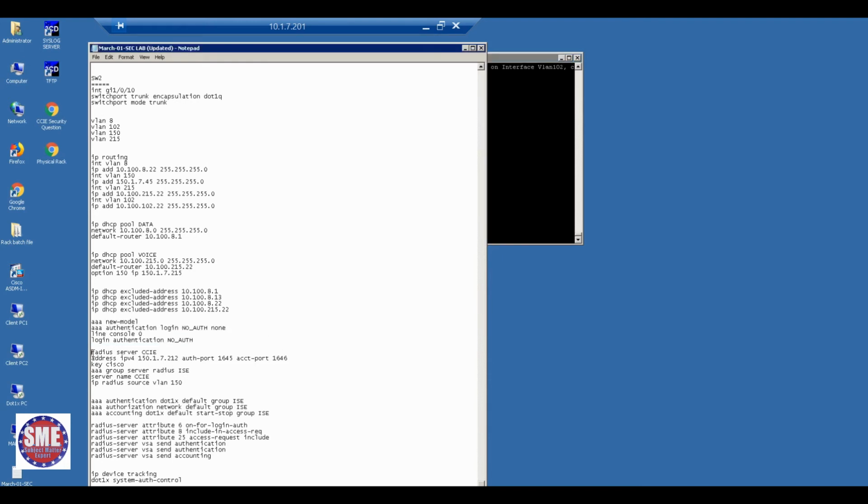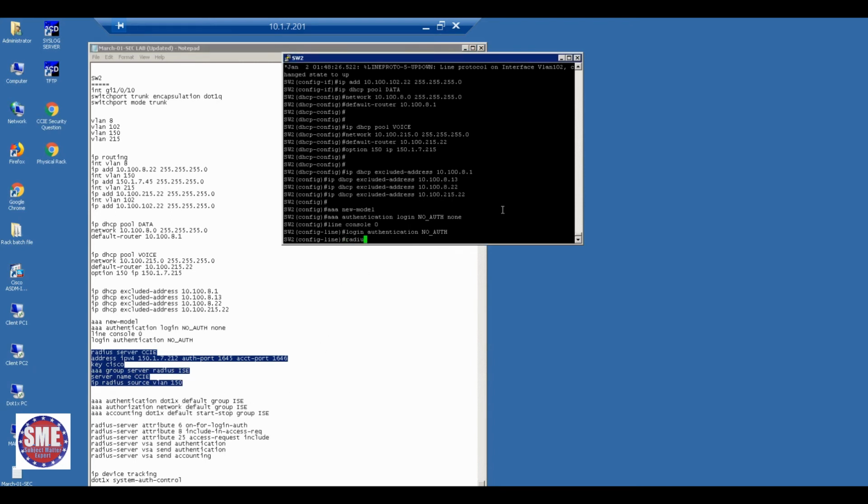Then I mentioned who my Radius server is and where it's registered. This is a Radius server. The Radius server name is CCI, and I mentioned the IP address and which port number it uses for communication. And the key is Cisco. The same key will be registered on the switch also. AAA server Radius ICE, then server name is CCI. This CCI I call here. Then the Radius source I will use is a management IP, right? So these 3 things will apply it.